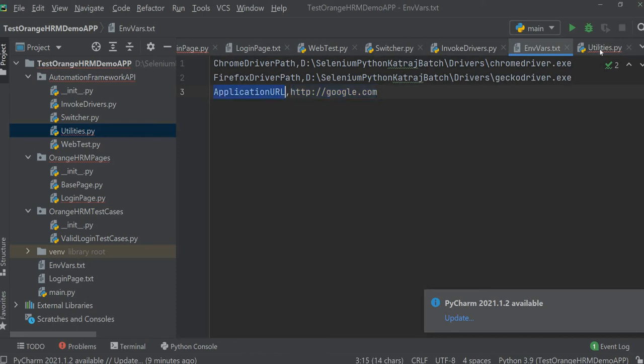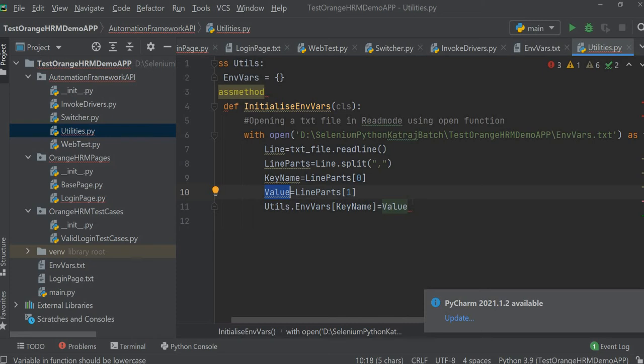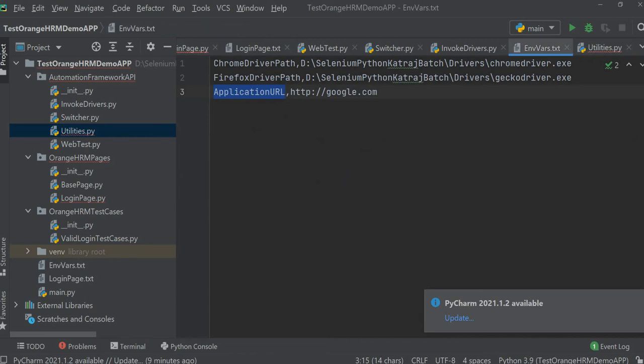So how are we doing it? We are doing it in this way: utils dot env vars of key name equal to value. So once the first line is read, that line would be split.